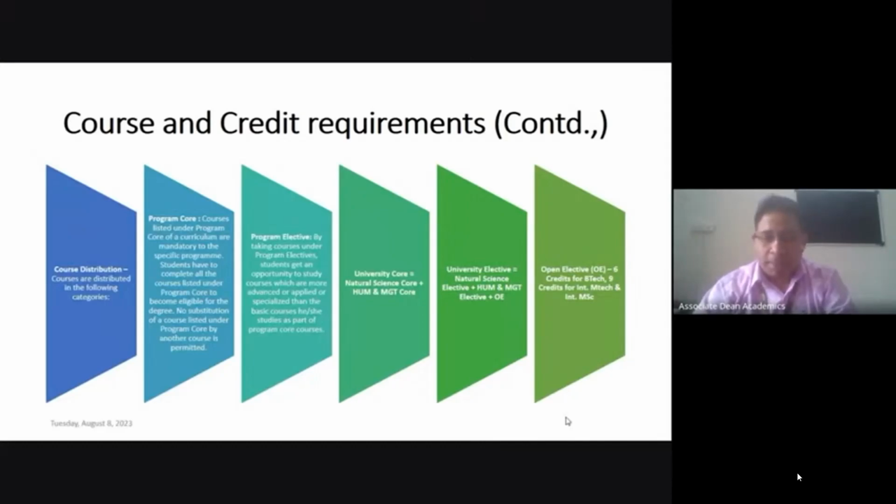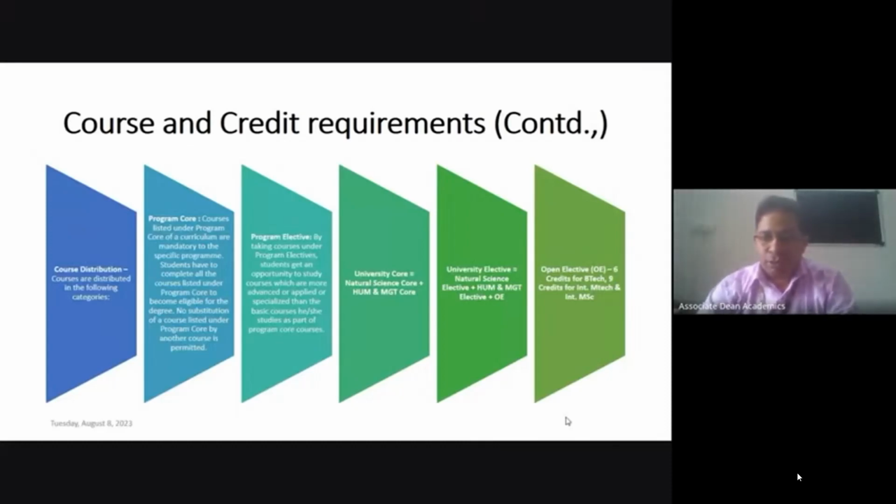Similarly, program elective courses are also specific to your program only, but that list will also vary from program to program. Those are elective courses, and those courses will have options available during the registration, because program core courses will not have any option. There will be a fixed list of courses called program core courses, and you have to register for and complete all of them without any choice.